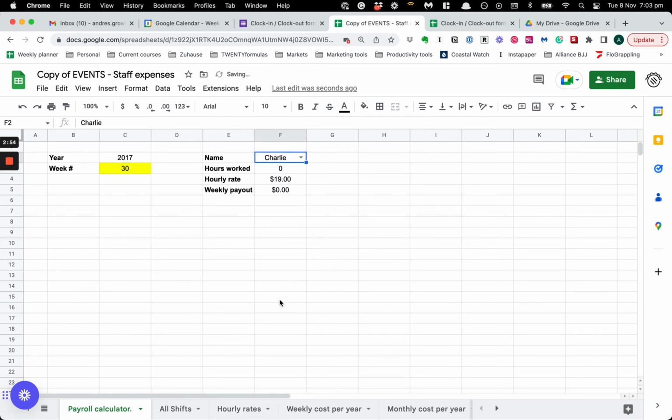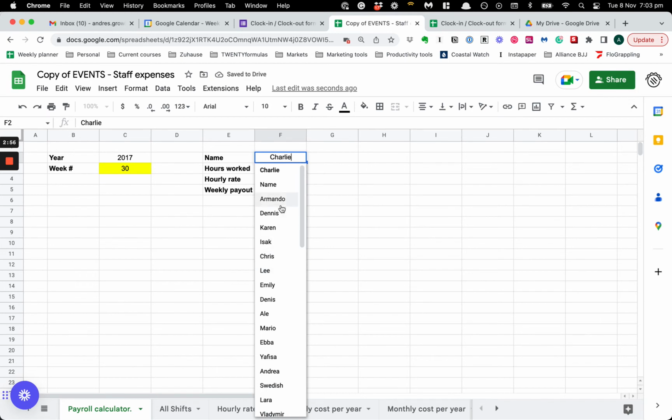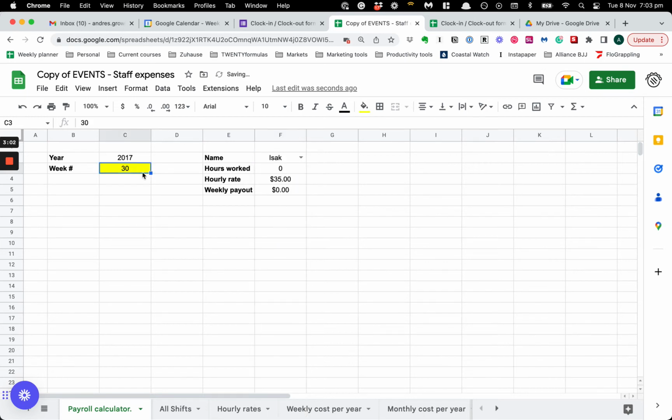Let's find someone else. We've got Charlie, right? And ideally, as you work with this, you're going to be matching this to your budgeted costs. So you will have a roster list which will let you know who was meant to be working on that day, and then you simply are going through this to match it against your own records that you budgeted, and then getting an idea of what actually happened